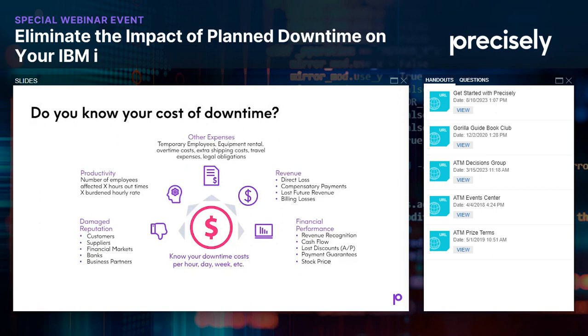Your customers are going to be frustrated if they can't get to your systems, or maybe you're a bank and your customers can't check their balances or can't do transfers, things like that. So you've got a tangible negative impact to your reputation in the industry if you've got downtime and it happens frequently. We mentioned productivity, and you can calculate that based on how many hours your systems are down, based on how much